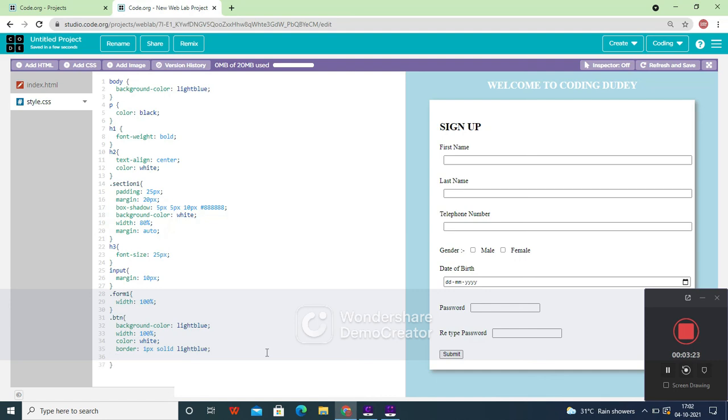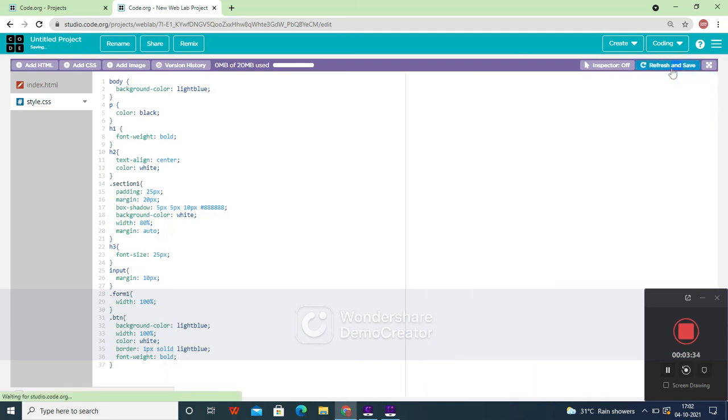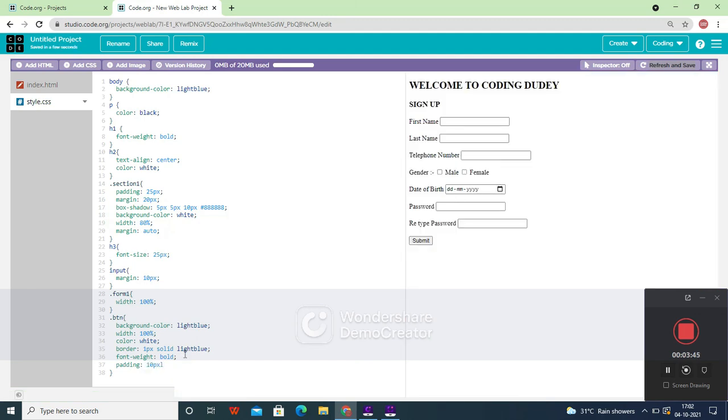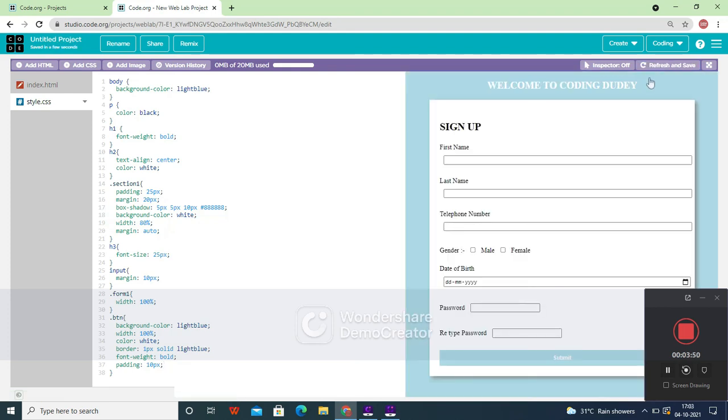Okay, the next is the font weight which is to be bold. So all these things, if you want to see, you can just directly refresh it and save it. Now let's give a padding 10 px. Okay, let's see now. Okay, so now this is our registration page.